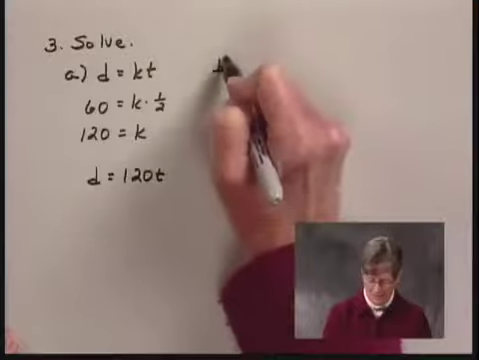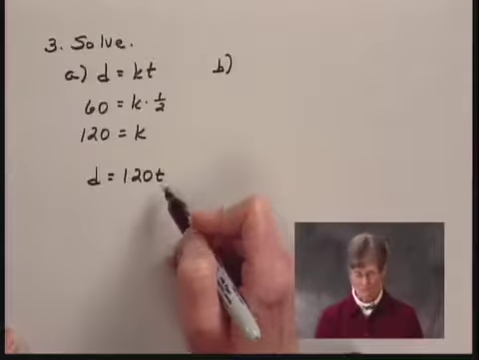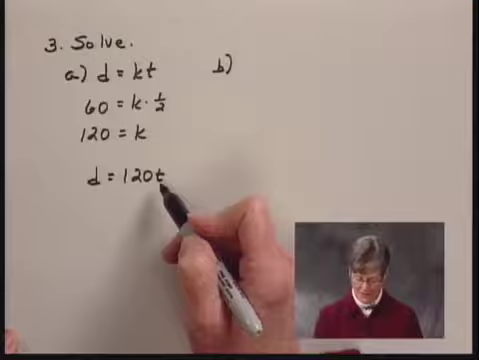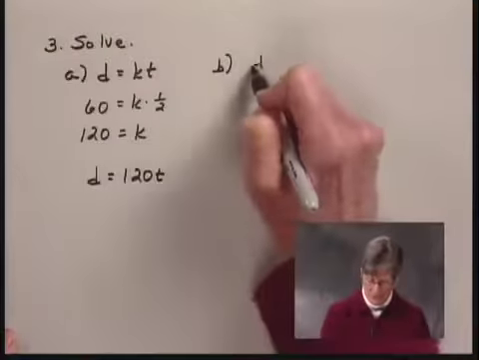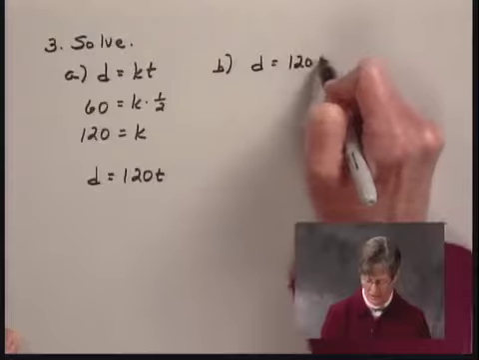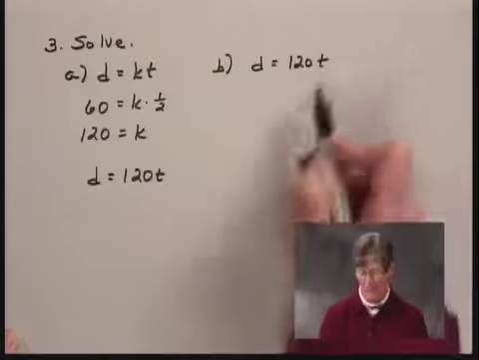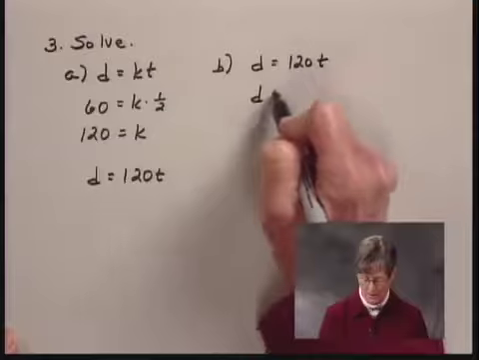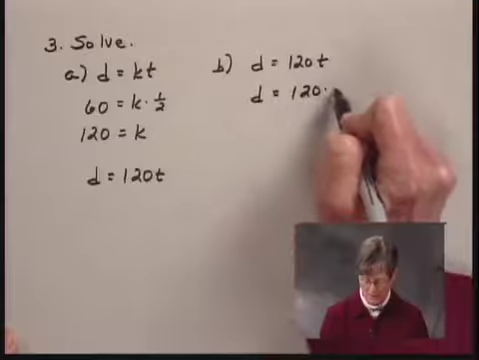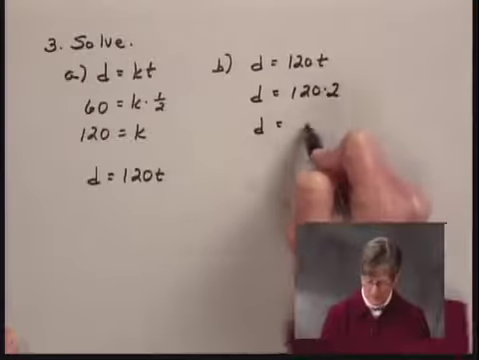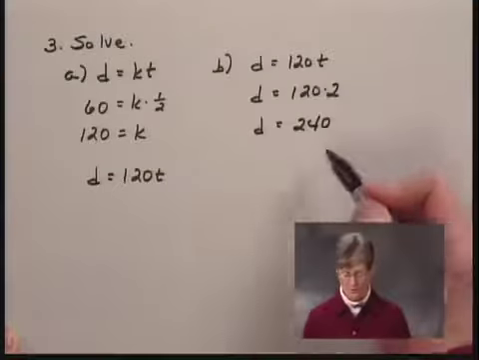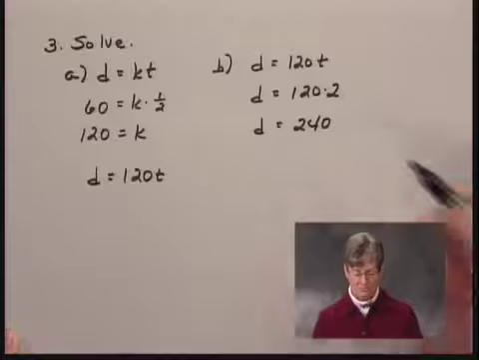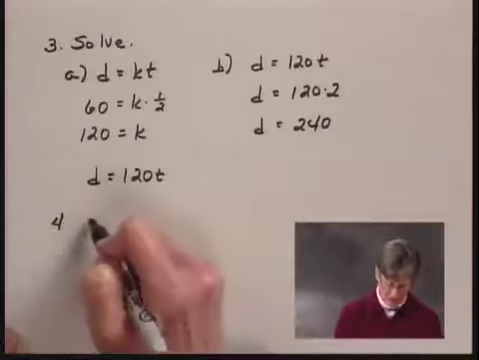Now, the second step then is to use this equation that we found to find the distance that the train will travel in 2 hours. So we have the equation d equals 120t, and we want to know what d is when t is 2. So we substitute 2 for t, and we get d equals 240. So it looks like the train will travel 240 kilometers in 2 hours, and we need to check that